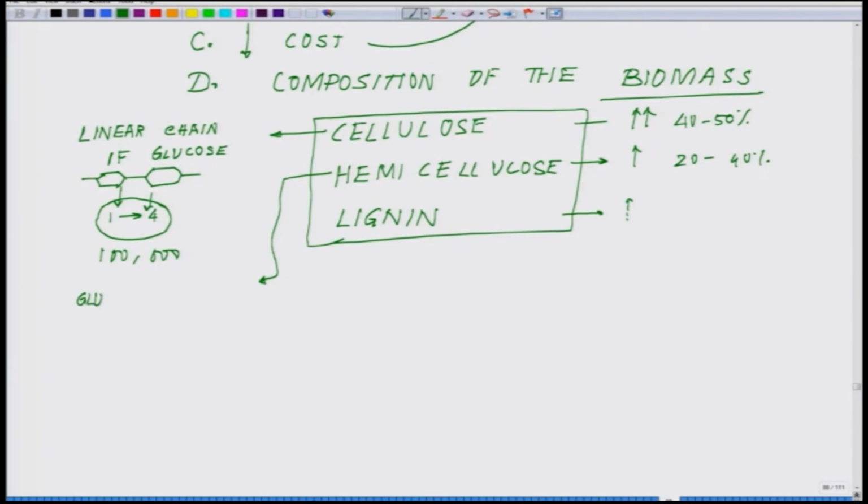It is made up of glucose, mannose, and there are a bunch of 5 carbon carbohydrates which are present there: xylose, arabinose, then you have methyl glucuronic acid, then you have galacturonic acid,